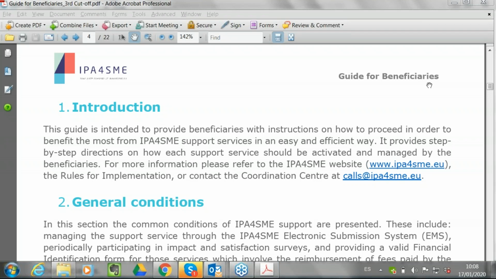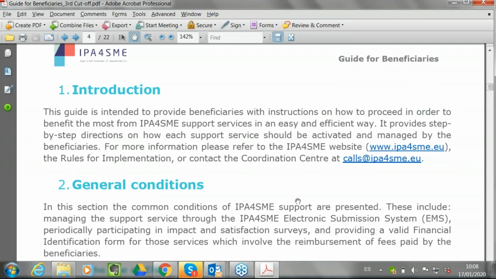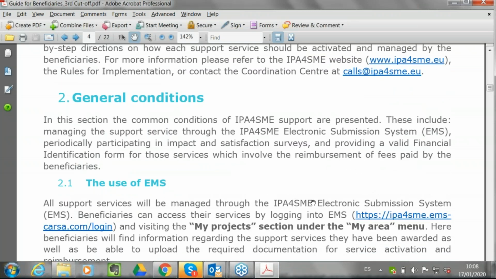Okay, so without any further ado, let's get to it. There's an introduction here about the intention of the document. That's what I was saying. And as general conditions, also described here is that